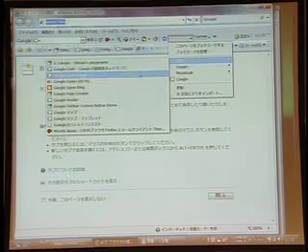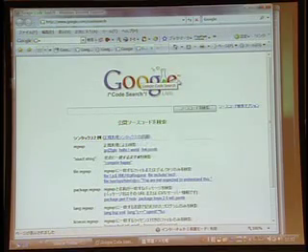If you're not familiar with this, I'd like to show you a demo. Please switch to the demo screen. Google Code Search is a source code specific search.